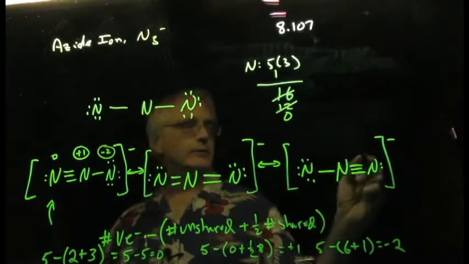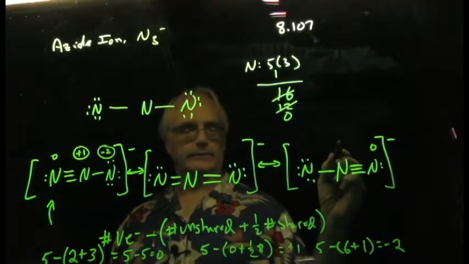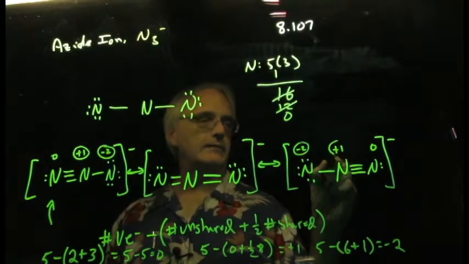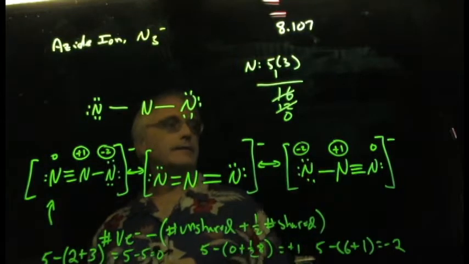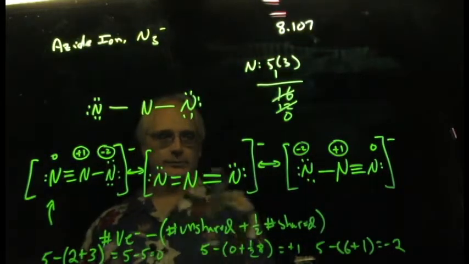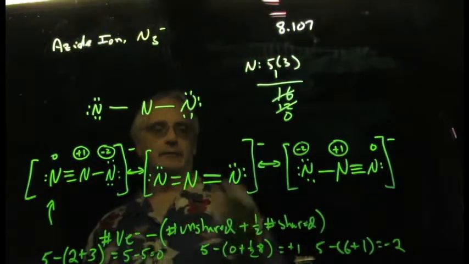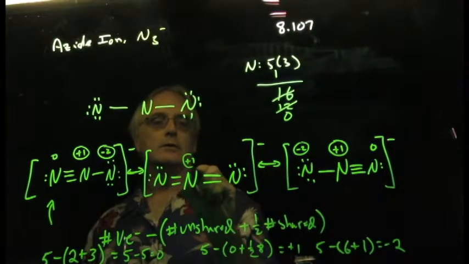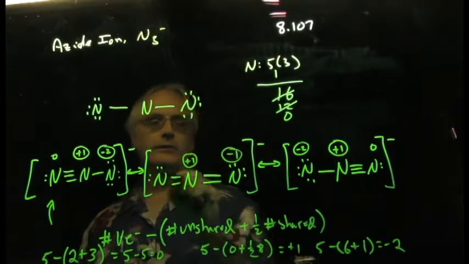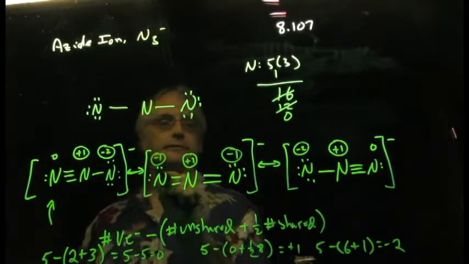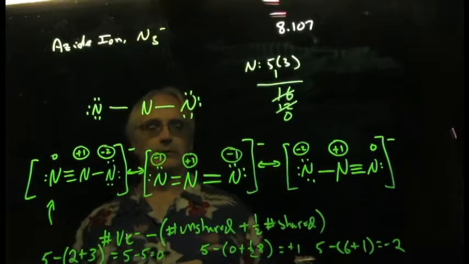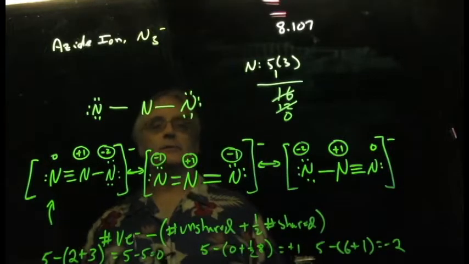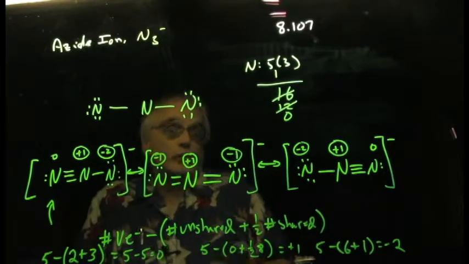And if I repeated that over here, no big surprise, I would get the exact same formal charges on this one. If I run to this one over here in the center, and I repeat my formal charge calculations, and I won't go through the laborious process of doing that at the moment, they are going to come out plus 1, minus 1, minus 1, which again, do add up to minus 1 overall. So we have 3 resonance structures with a different set of formal charges, and so the question, which resonance structure